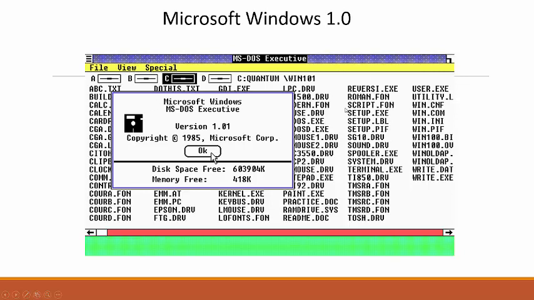Now, this is not an operating system. This is a program, a shell that runs on top of DOS. It's just a user environment. It was a way you could click on stuff, but it didn't use icons. It used file names instead of icons for things. It represented the disk by these little symbols here. Primitive at best, right? This didn't really catch on. Commercially, this was a flop.